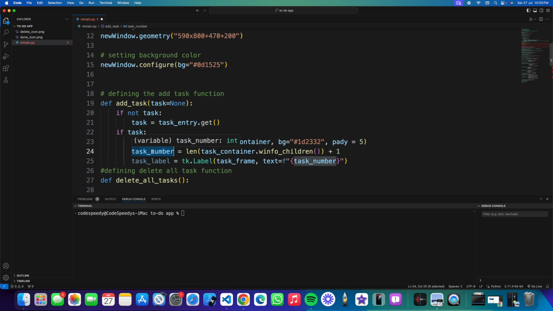I am declaring a task number variable, and this will be the length of our task. Okay, so it will be printed like this. At first it will be 0, so +1, it will be 1, then it will be 2, and it goes on like this. If I add more tasks, it will be increased by 1 each time I add a task. Then I will concatenate it with